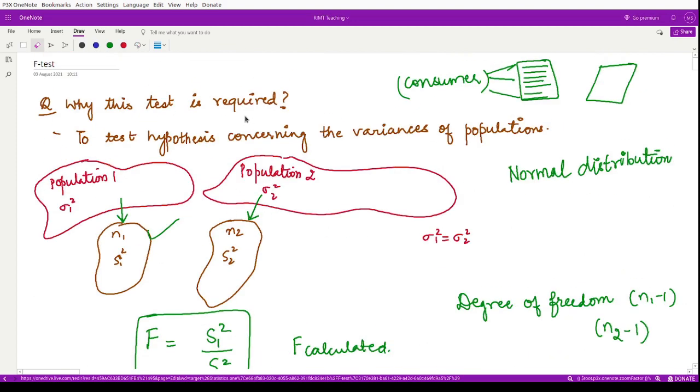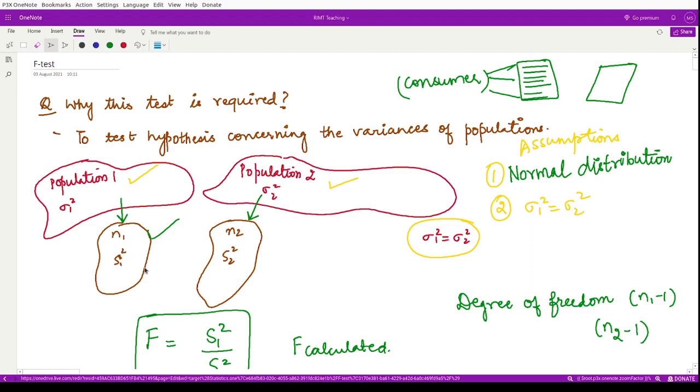So when do we use this F-test? Whenever we want to compare or test the variances of populations. So this is our aim. For that, suppose we are given two populations 1 and 2 having the same variances, that is our assumption. Let me write down the assumptions. If we have two populations which are normally distributed and moreover the variances of these two are the same, then